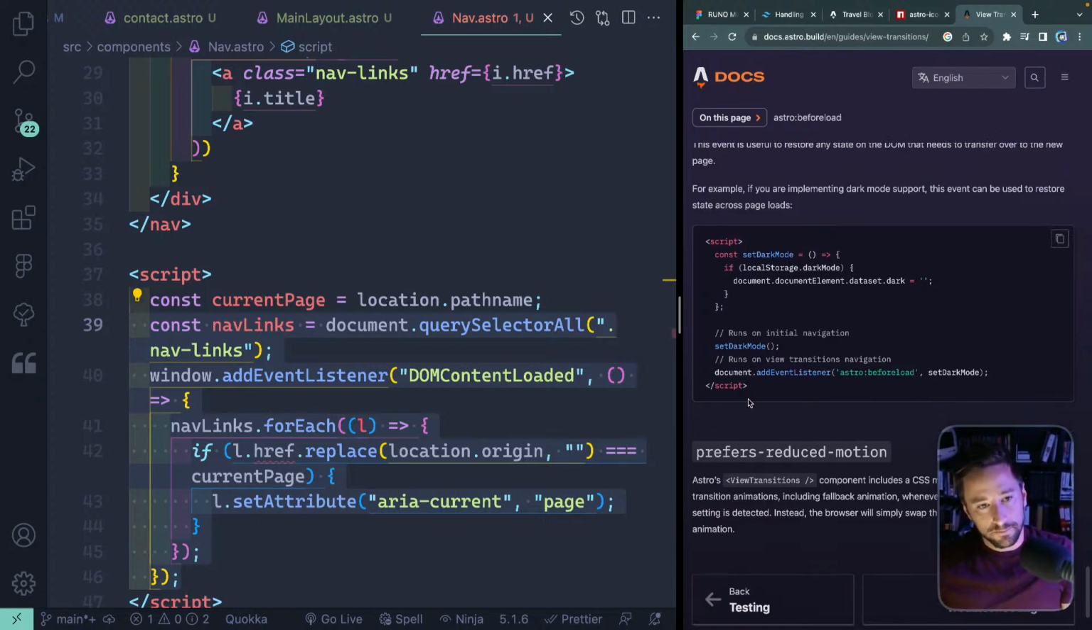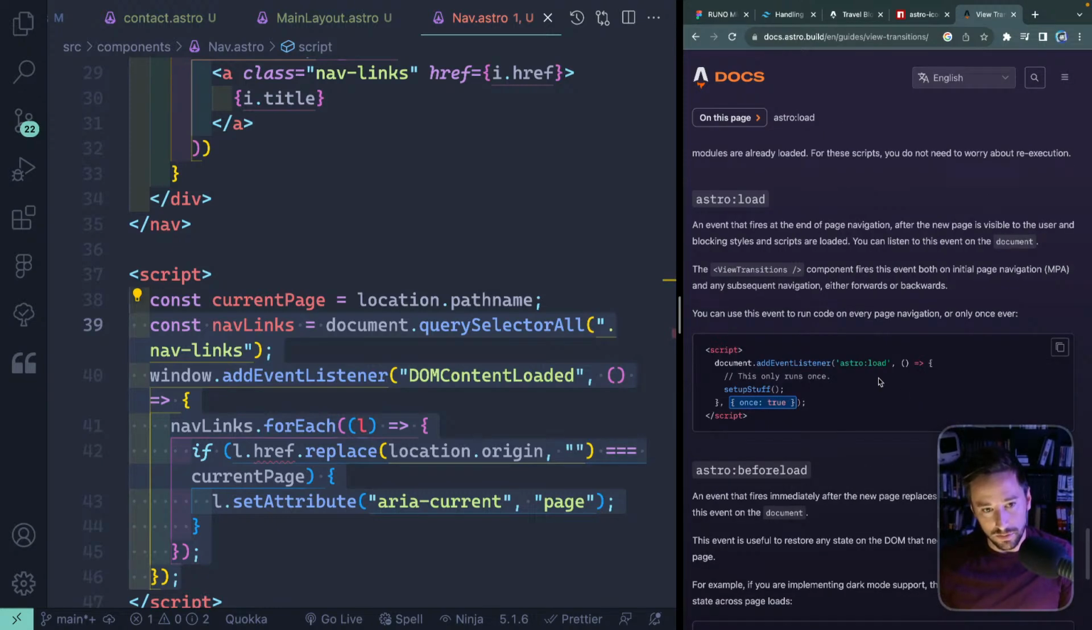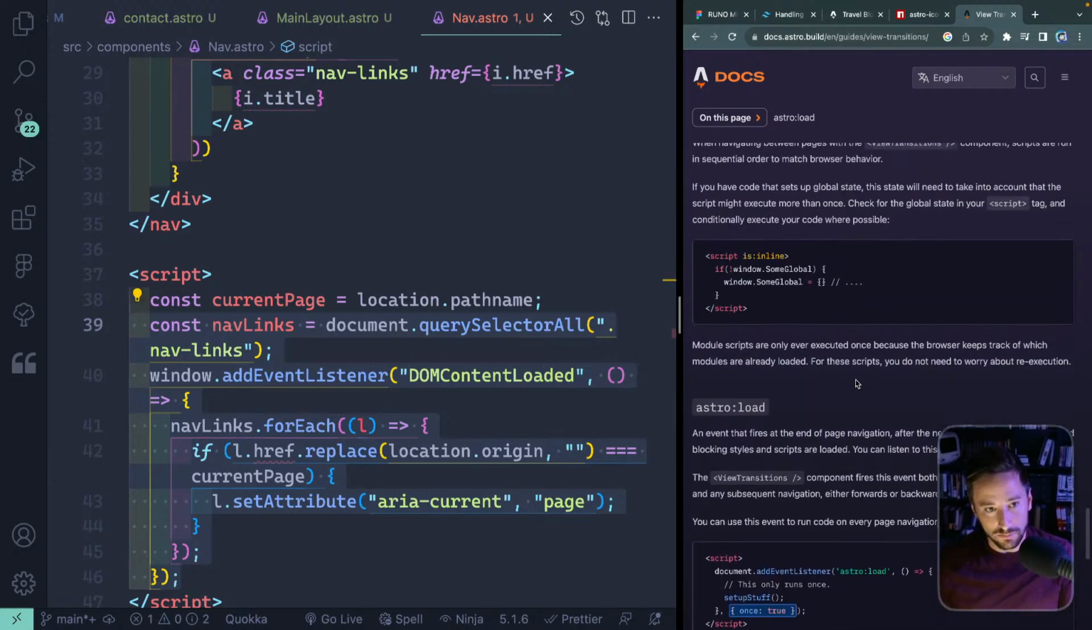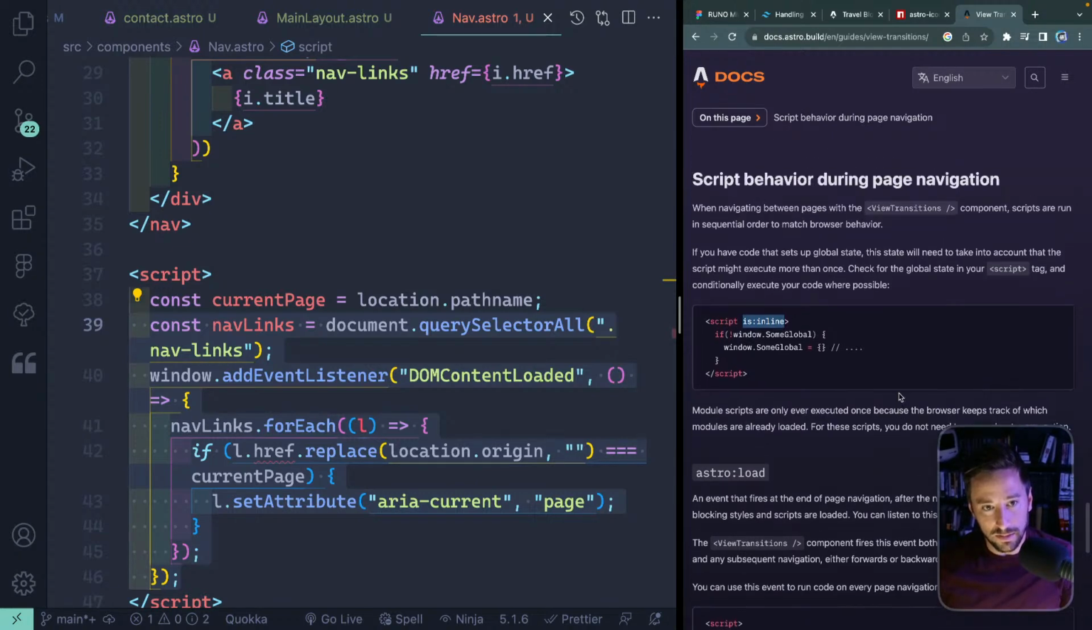So you can see here, for instance, if you're wanting to set your dark mode or light mode, you can run that before the actual page loads. So anyhow, these are a couple of directives that may be a help to you. The other thing you can do is run this inline. So when navigating between them, this is what we're running into. Scripts are run in sequential order that match the browser behavior. If you have code that sets up global state, the state will need to take into account that script may execute more than once. So all that to say,